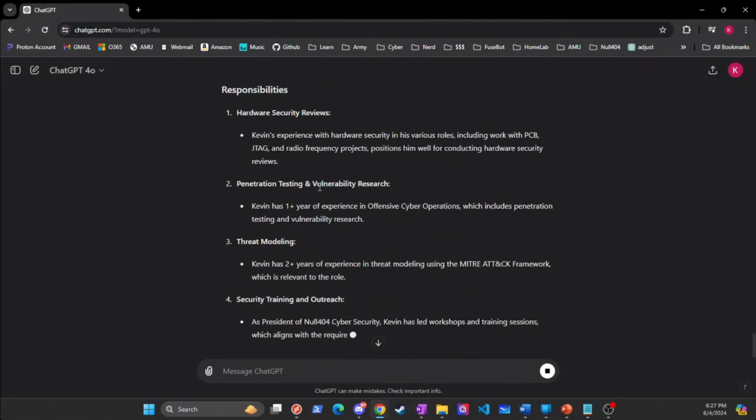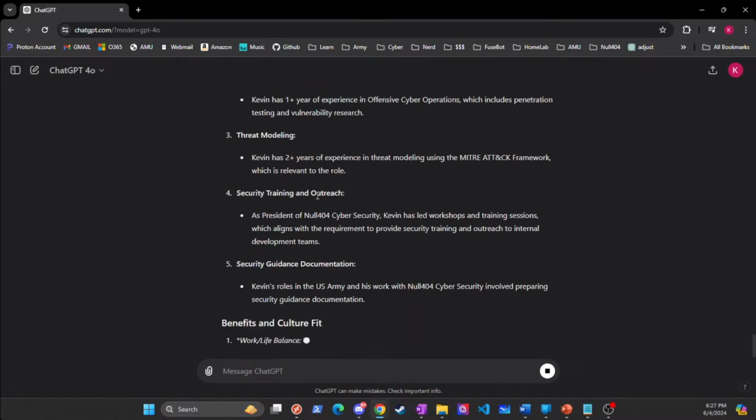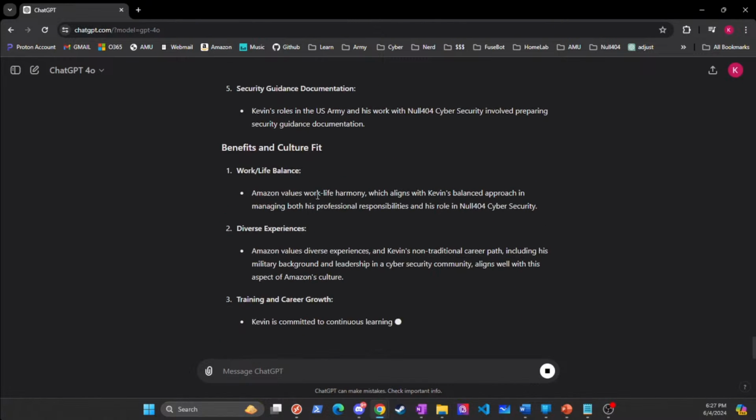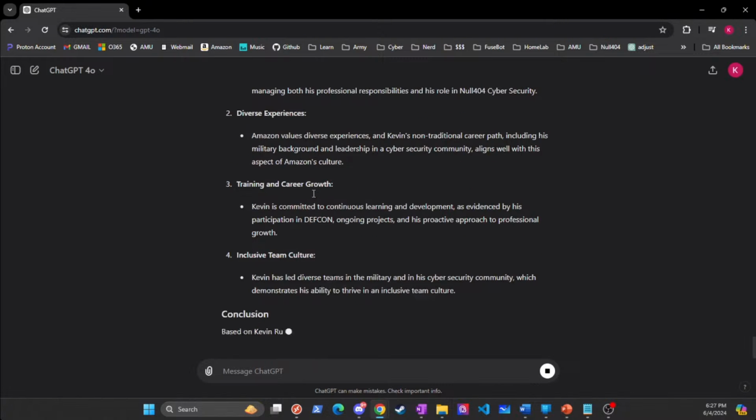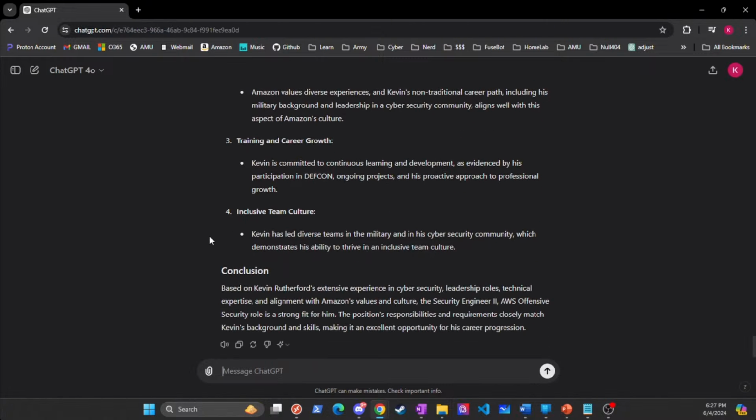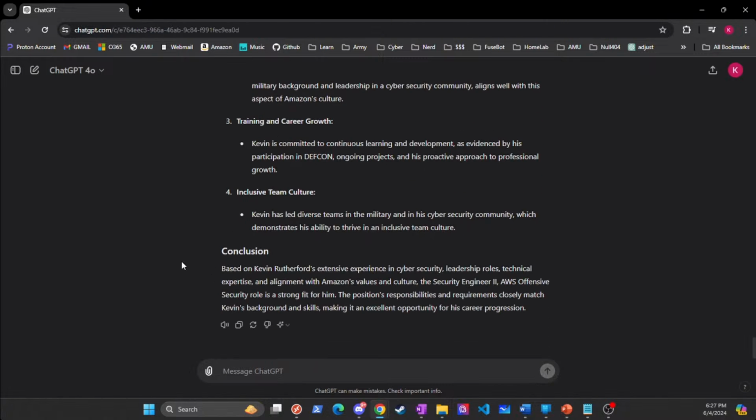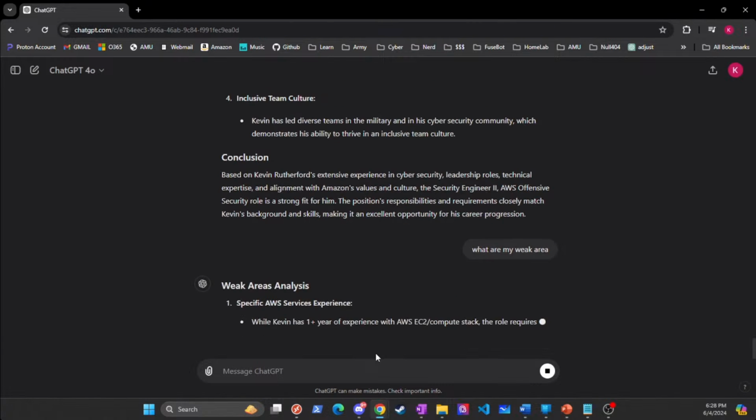And my resume is about 2 pages long, nothing too cool. Again, I didn't do this beforehand, so it's kind of coming through live, right? I really care about the bottom line right here, which is: security, strong fit, position responsibility closely matched with my skills. Cool. So that's really nice. I should apply, right? But I'm curious, what are my weak areas? Just curious, what's on my resume and what's not on my resume?